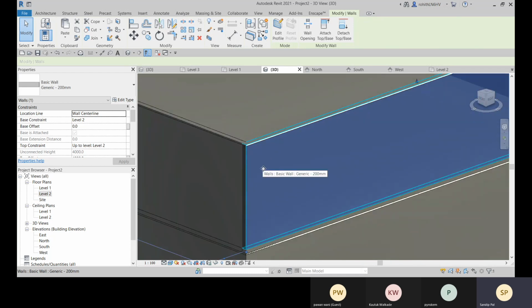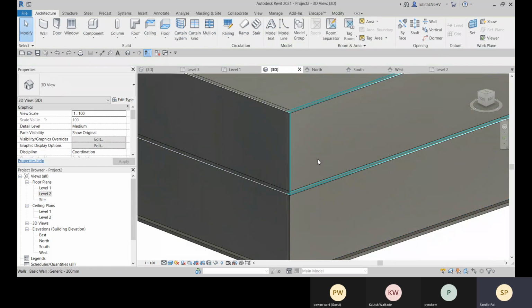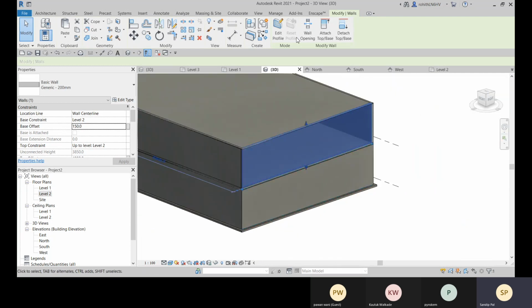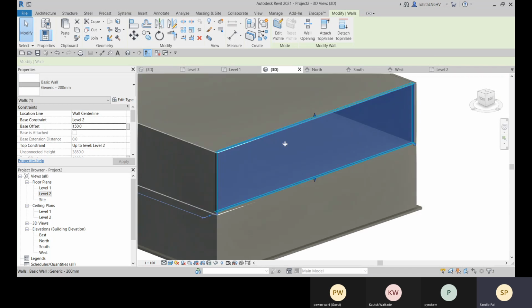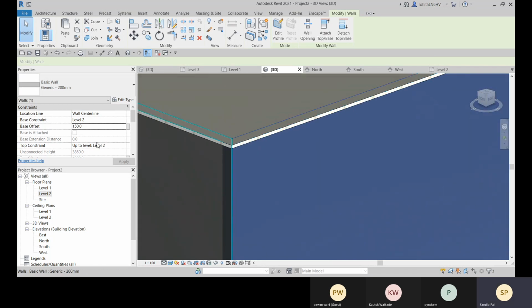So what you should do is apply the base offset, that is 150. Okay, now it is started from here, and this is the total height of your wall right now, and you need to apply the top offset as well. Okay, so go for the top offset.